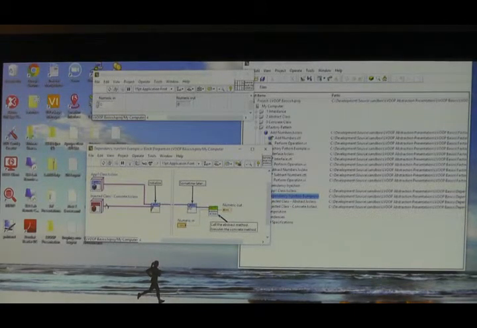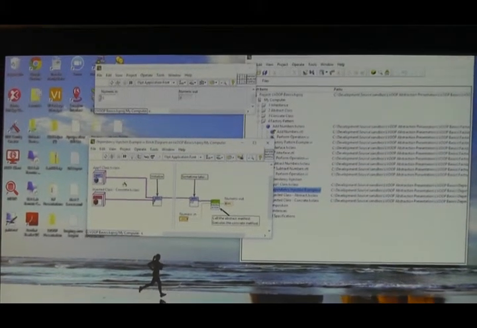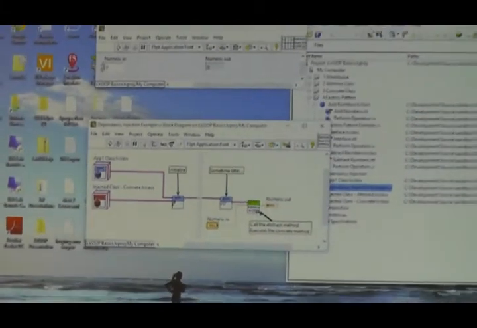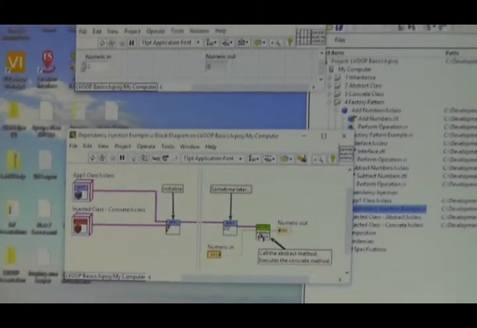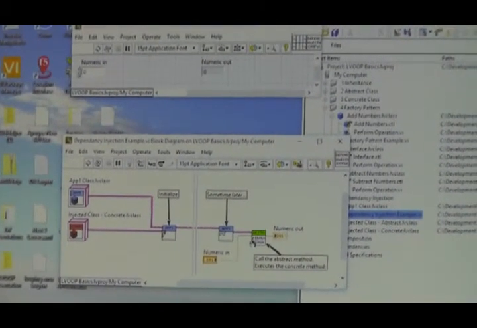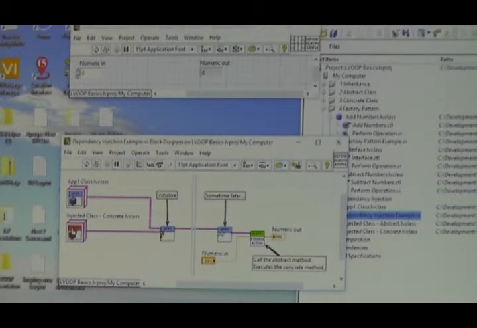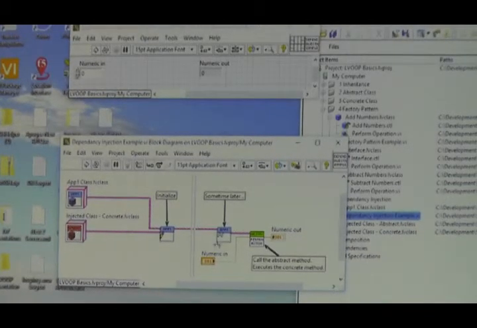This can be done via an initialization routine, however you want to do it. At some time later in my code, I'm going to read this class from the application, and then call a method, but I'm going to call this abstract method. And then it's going to execute the concrete method inside this class.